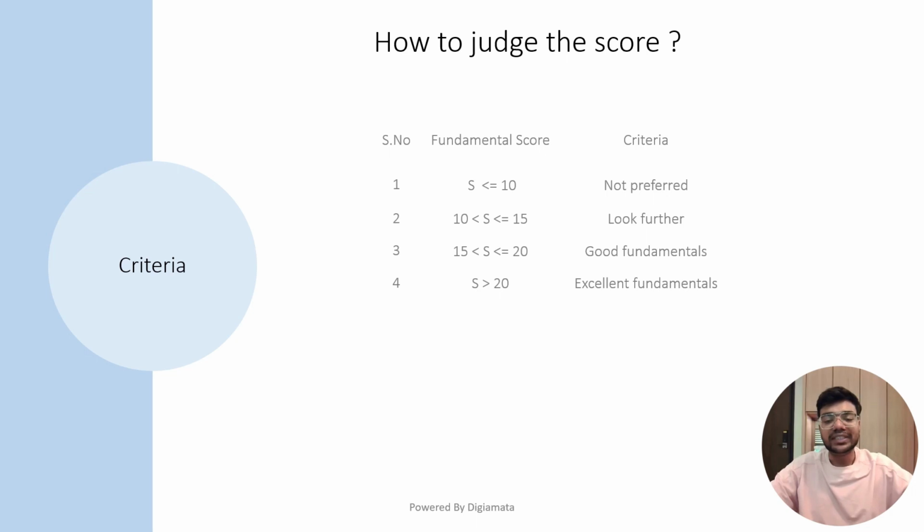And if your score is greater than 20, those are companies with excellent fundamentals. But still, you have to look at the economics and the industrial growth. Still, if you invest in companies which have a fundamental score greater than 20, then basically you are on a safer edge. Even in the future, you might not be losing. But remember, this method is something you have to do every year, or at least twice a year, or if possible every quarter for your portfolio.